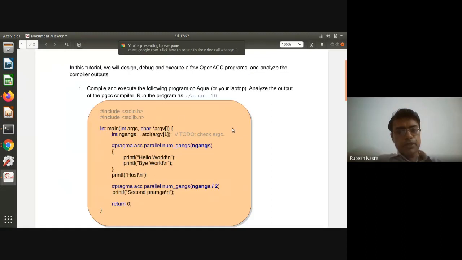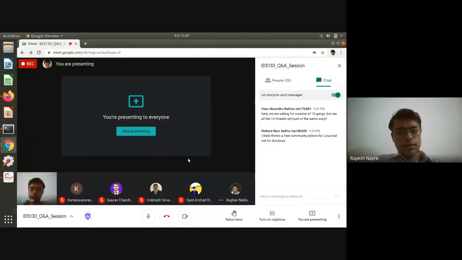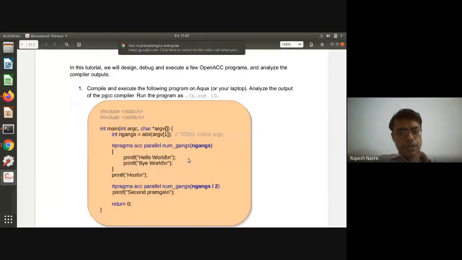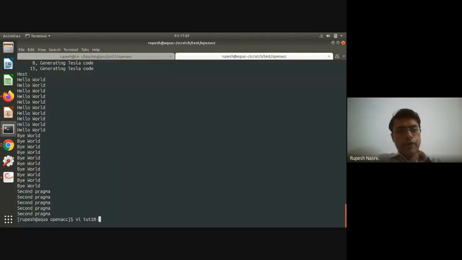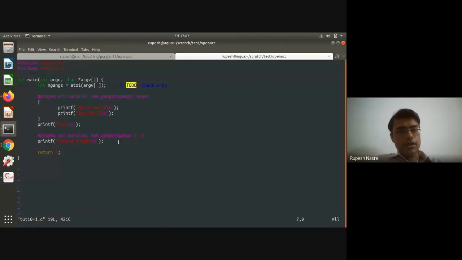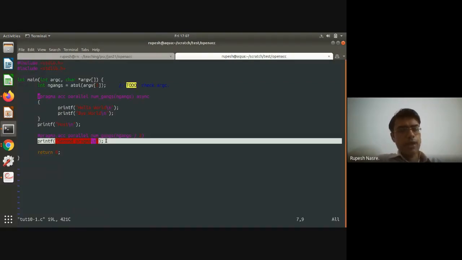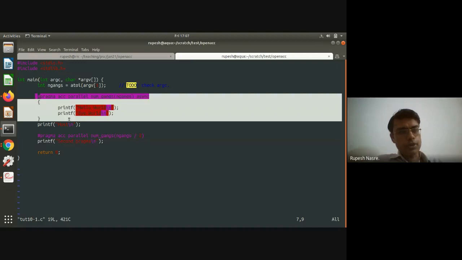Raghav is asking: although we have added asynchronous to the first pragma part, I mentioned somewhere in my lecture that this second pragma is not going to start unless all the threads corresponding to the first part are over, right?